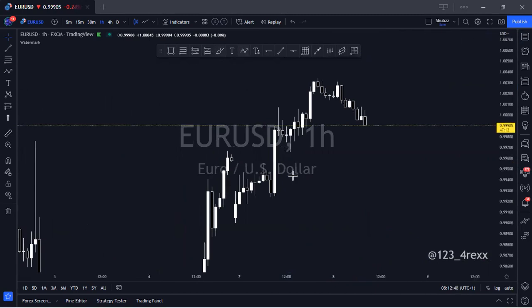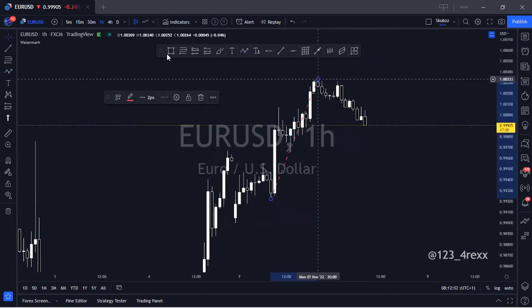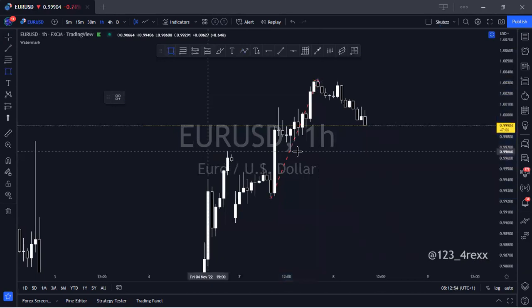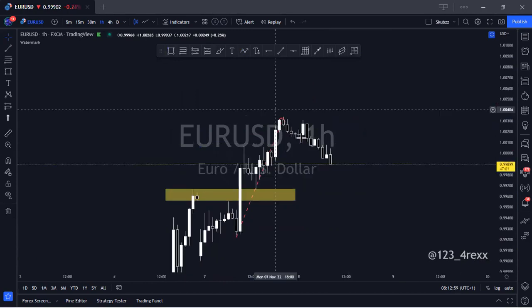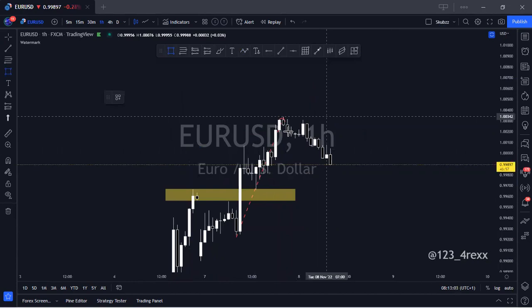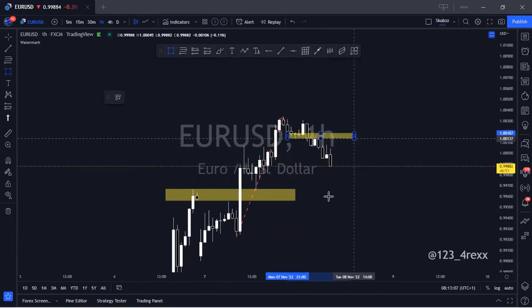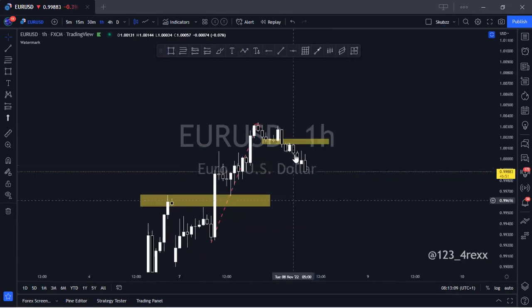So we had this whole push to the upside. Now, this push to the upside wasn't just any push. We broke this high here, where the market actually closed last week. Do you get? So now, price is actually doing a retracement, but we can see that this small low here, it's looking as if we have a shift in market structure, but then it's not that clear. But then the way we're having all these bearish moves, it might just be a shift in market structure.